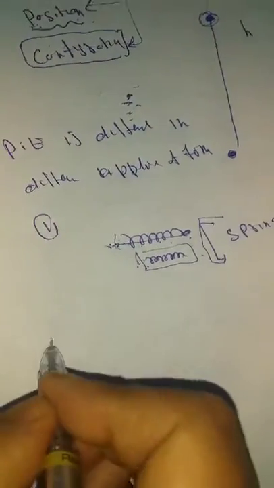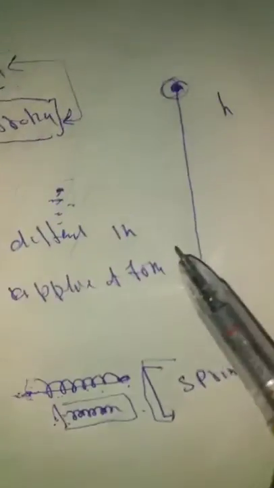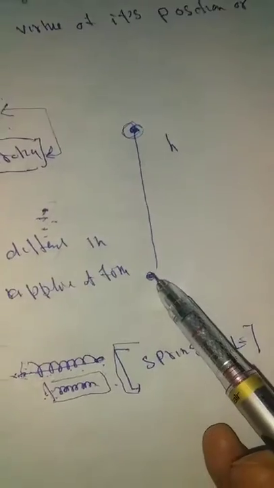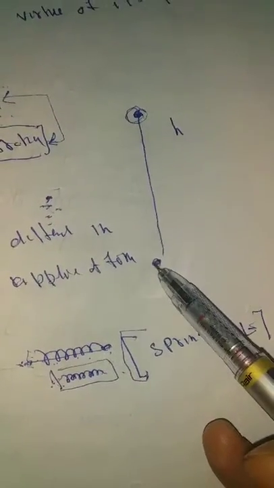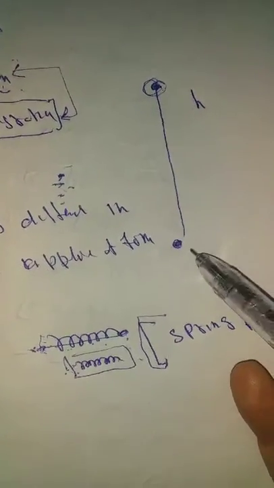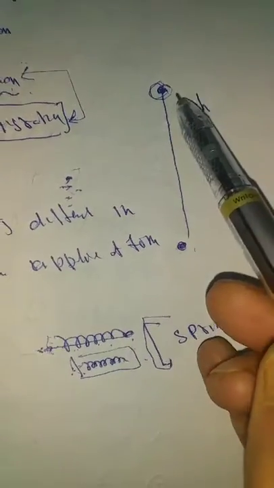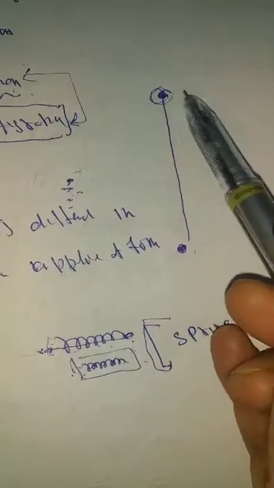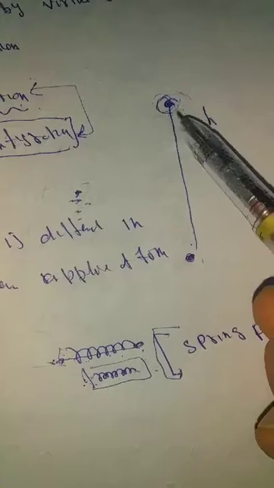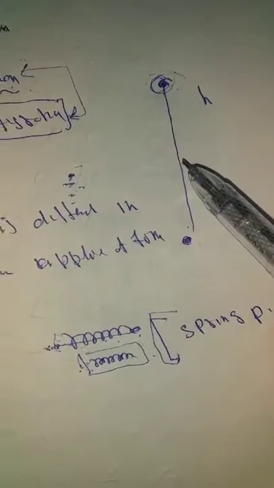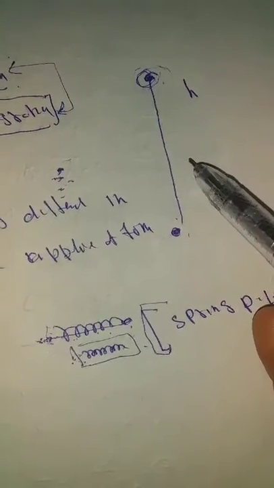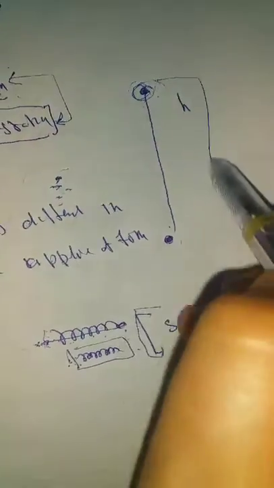Suppose number 2, when we lift the ball above the surface, as in the earlier example. This is the ball lying on the ground. When I lift the ball from this point to that point, that means I am lifting the ball from the ground to a height. When we release the ball, it has energy. The ball has the capacity of doing work. That means I have changed the position of the ball. When we lift the ball against the gravitational force, the ball has energy. This energy is called gravitational potential energy.